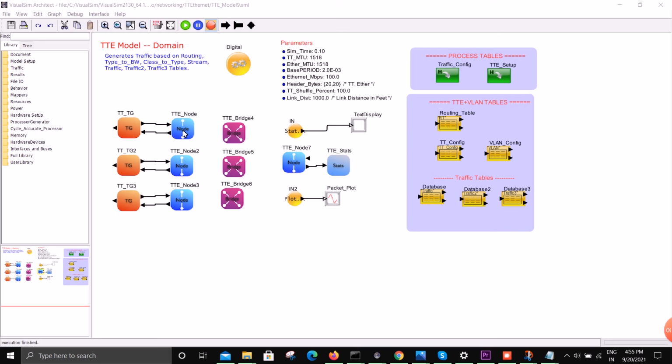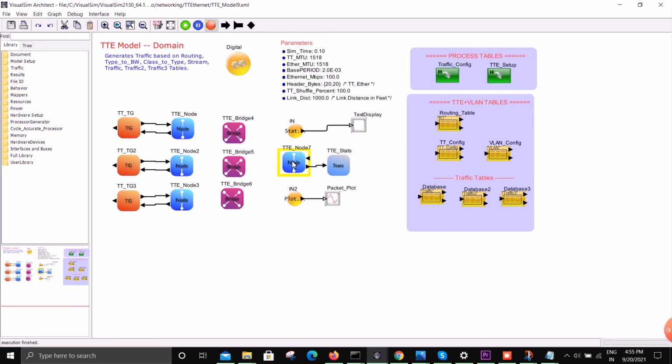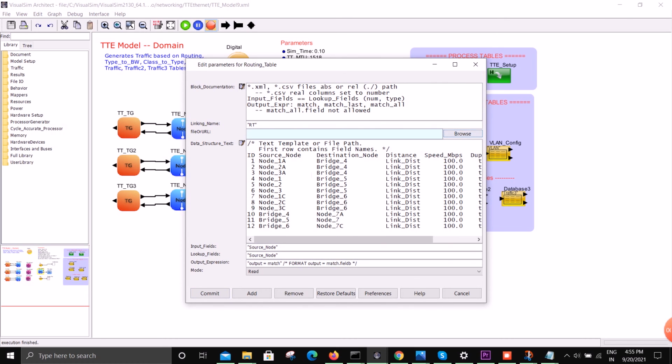You can specify the redundant nodes by double clicking on this node block, and you can specify 1, 2 or 3, however many redundant nodes you want, and you can number them accordingly, and you'll get the same information at the output. As I discussed earlier regarding the routing table, 1A, that's the redundant node, will go to bridge 4, but node 1 will go to bridge 5 and node 1C will go to bridge 6.